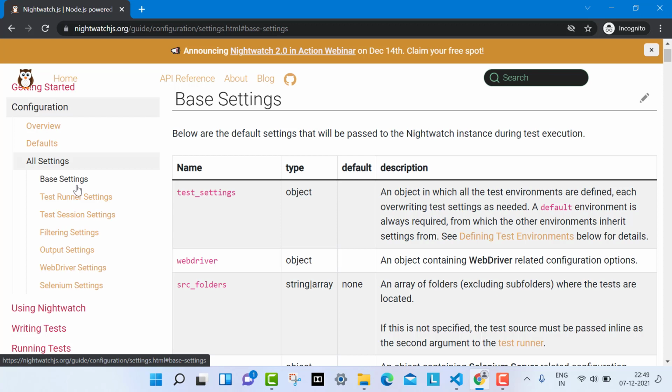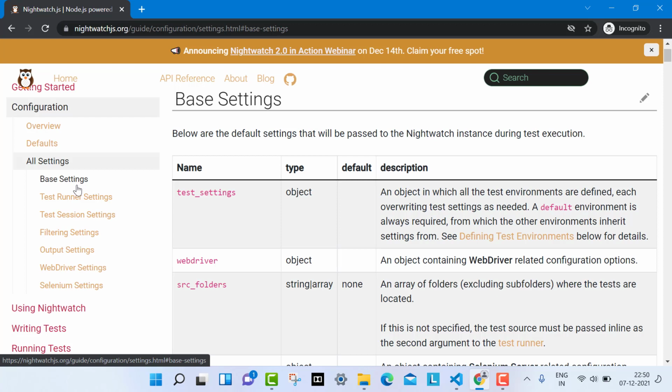Okay, we will see how we use the base settings to create our configuration file. But before going to that, let me tell you why this configuration file is needed first. Once we are using Nightwatch and we are performing something like opening a browser, let's suppose we are going to open the Chrome, Edge, Safari or Mozilla browser, we require this information to be passed.